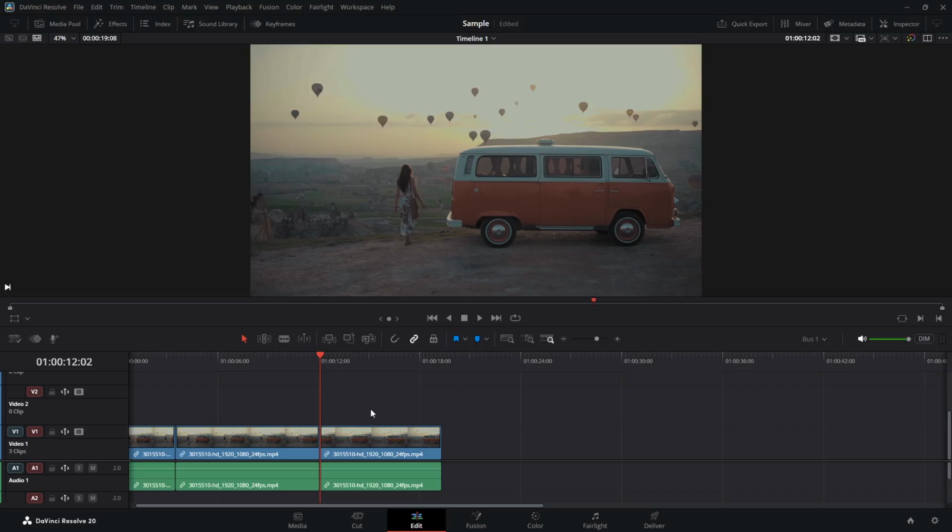And that's it! You've now mastered how to use Mark Clip in DaVinci Resolve, giving you precise control over your editing